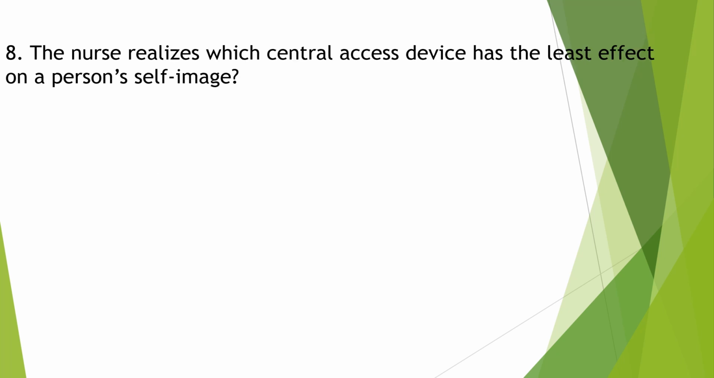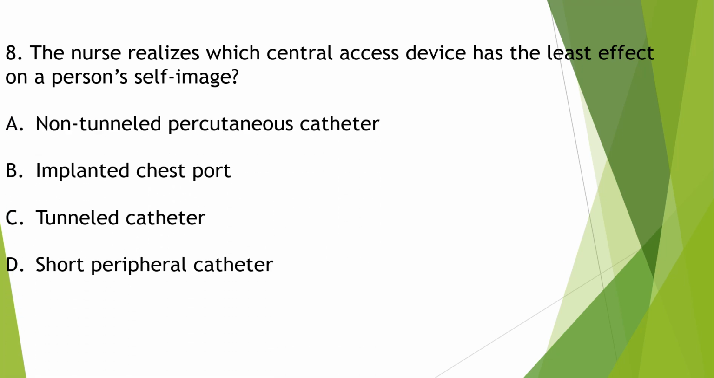The nurse recognizes which central access device has the least effect on a person's self-image. Non-tunneled percutaneous catheter, implanted chest port, tunneled catheter, and short peripheral catheter. So all these are central access devices, especially non-tunneled percutaneous catheter, implanted chest port, and tunneled catheter. Short peripheral catheter is the one which is not a central venous access device, but one among these will not